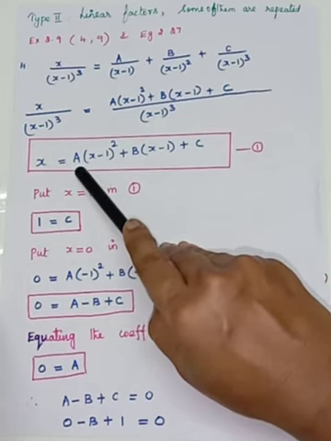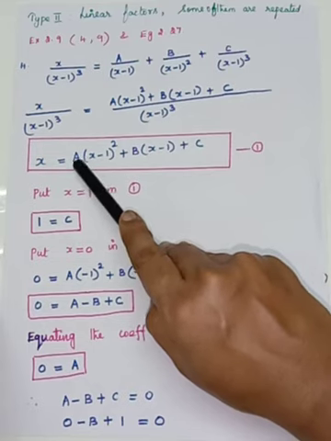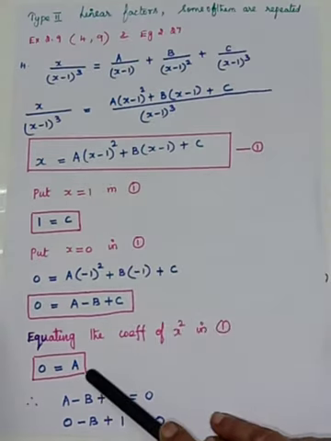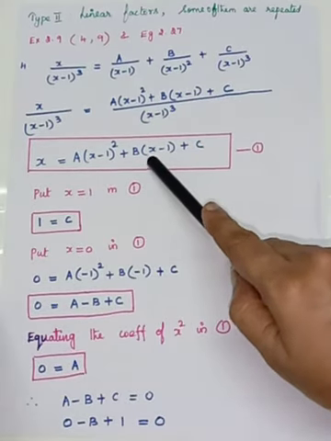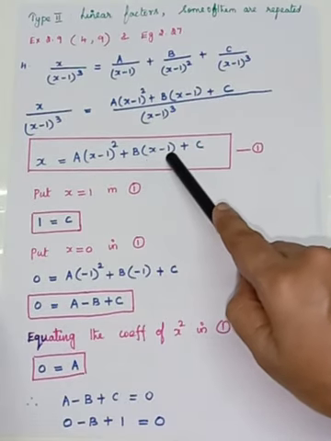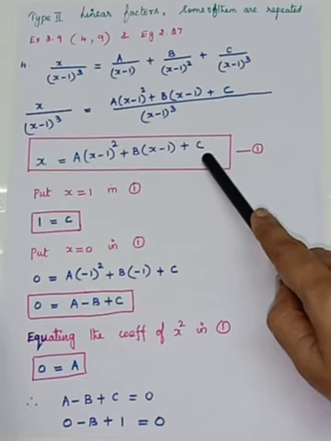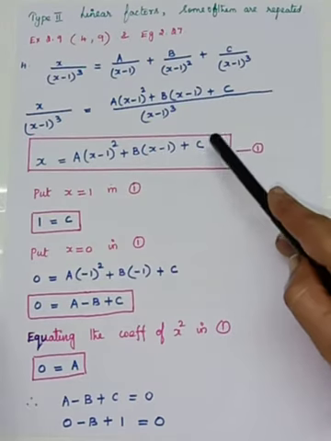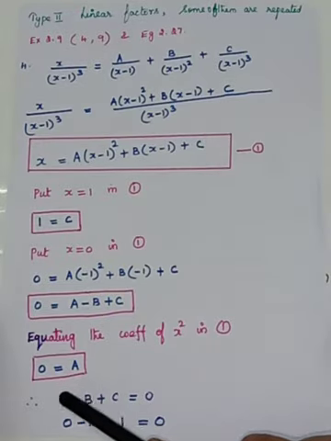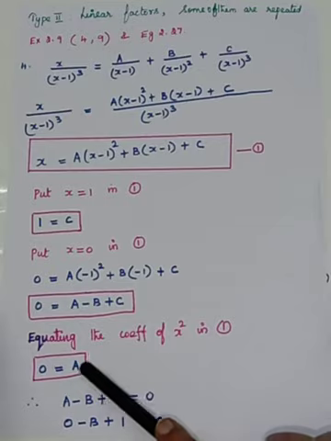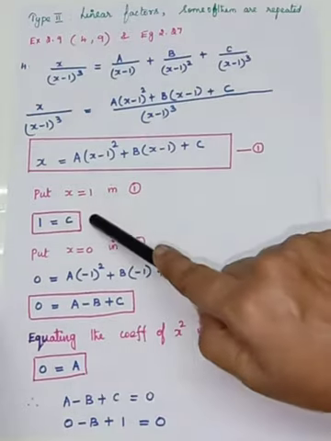Okay, all those things you have to do as a rough column. A into x squared. So what is the coefficient of x squared? It is a. And come to the second term, there is no x squared term, so we can leave it. And here also only the constant, so you can leave the x squared term. You can leave c. So what are you getting finally? 0 is equal to a. Okay, so we know the value of a and c.